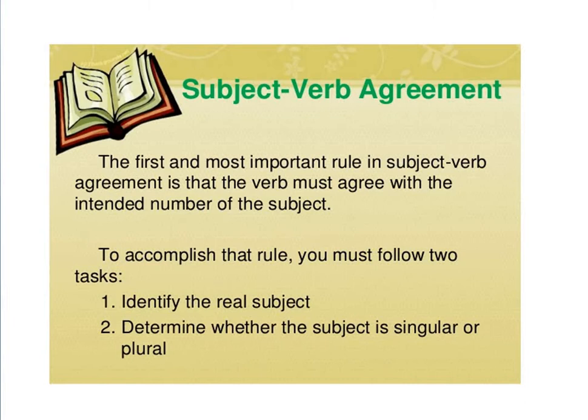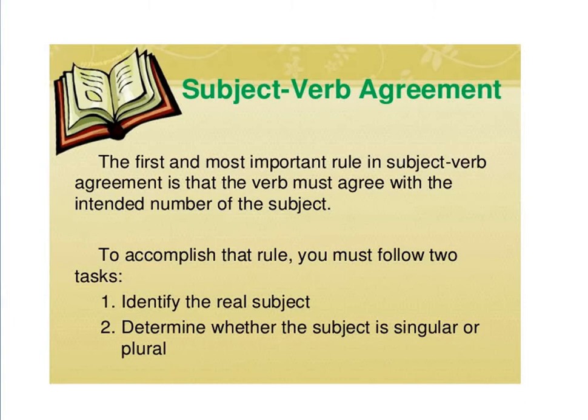To accomplish that rule, you must follow two tasks. What you need to follow is, first, identify the real subject. If you are unable to identify the real subject in a sentence, then you are not able to apply the rules of agreement in English grammar. You cannot apply the rules of agreement to the sentence without knowing what the subject is, because agreement only happens when we identify the subject, and according to that subject we have to make the verb